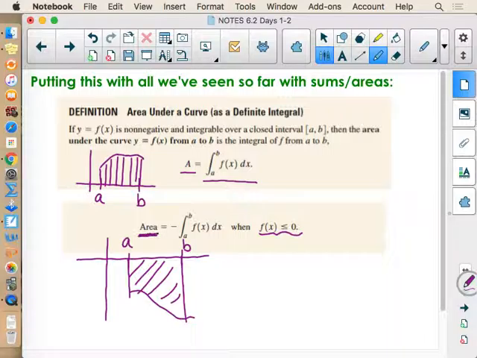So it's telling you the area would be the opposite of the integral. So if the area is 10, the integral would be negative 10, representing that it's all happening in the opposite direction of whatever your